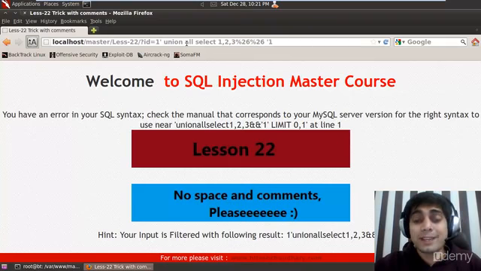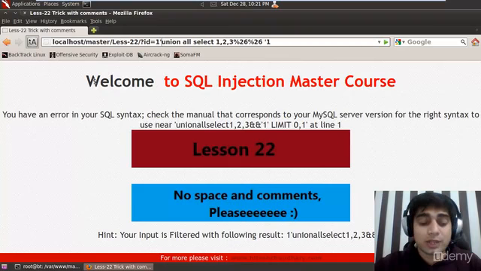So what can be the solution of this problem? The solution is very simple. I'll show you two solutions. One I'll show you, one I'll just explain. You can put some random characters that are not being treated as particular characters, but we will put their URL encoding so that they take the place of spaces and are not just being printed out. So what are those characters? One of them, a very good one, is actually